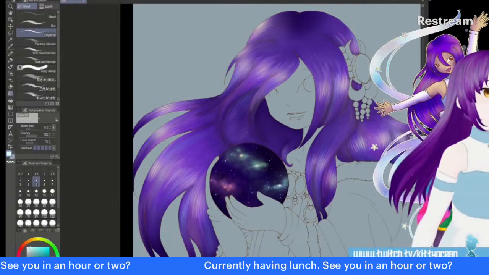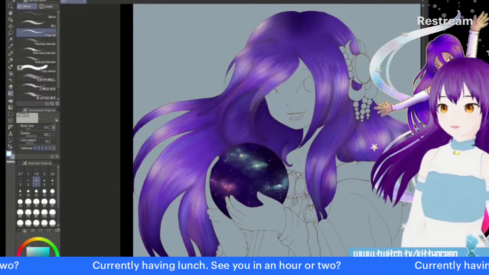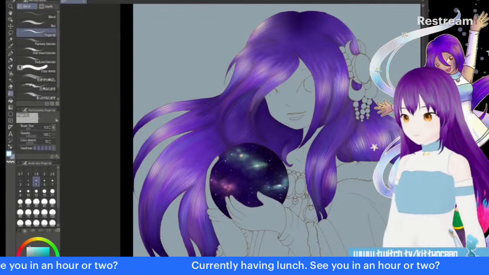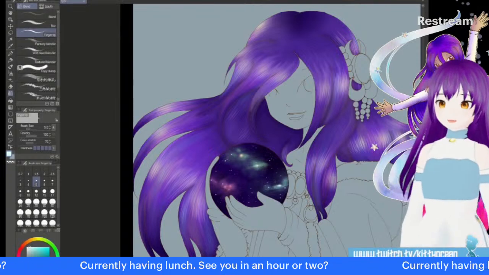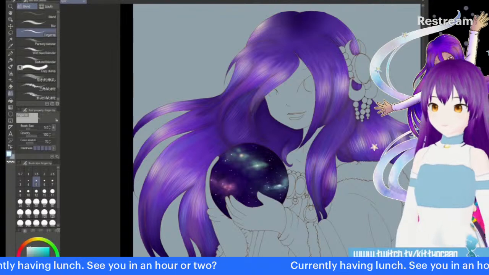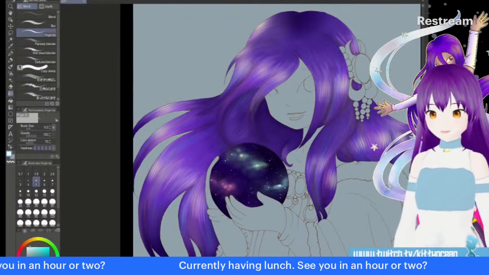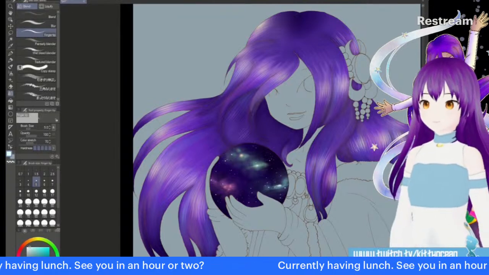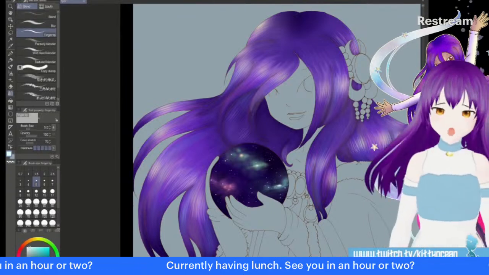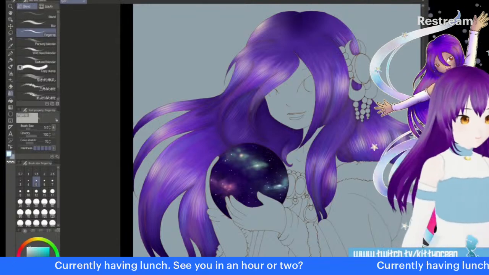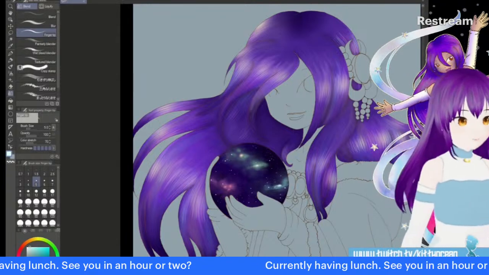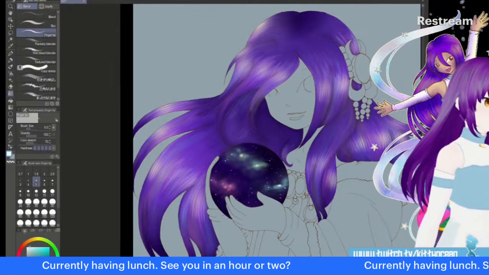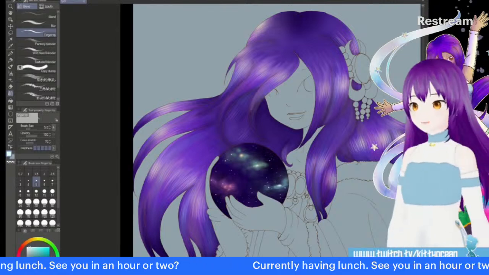My VTuber is being annoying. But anyway, I don't know when the parcel is going to be. At least I'm gonna keep this stream on, because otherwise people are like, she's gone already. Yeah, I'll be back later. So I finished the hair thus far. I finished the galaxy. I did more than I planned already. So I'll be seeing you in an hour or 2.